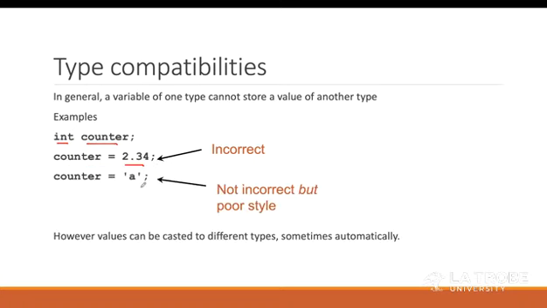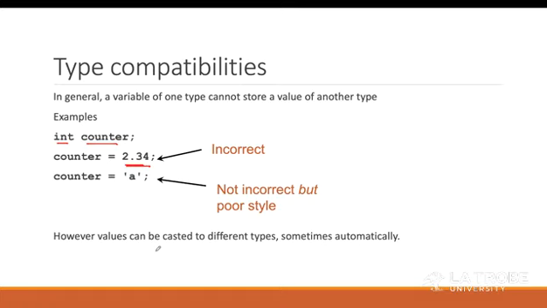However, if you try to assign a character, it's not incorrect, but it's just poor style, because character, if you remember, we always said 4 plus 1 integer types. So character is still of type integer, but it's not a very good style of assigning it. This one of course won't be compatible, because int is 4 bytes and double is 8 bytes, and there are so many other reasons as well. So if you declare a variable of type int and try to assign a value of type double, then it's not correct.